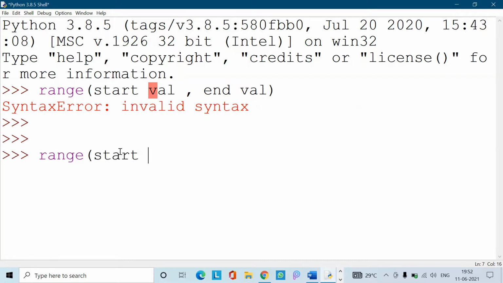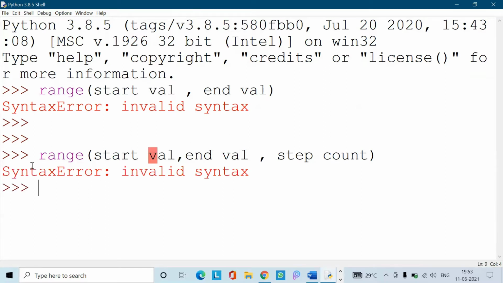We can even add a step count. By default, the step count is 1, but the step count is user defined: we can mention where it should start and where it should end. So this is the use of the range function.